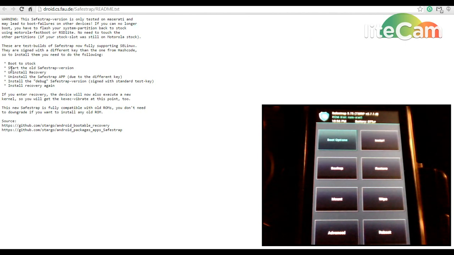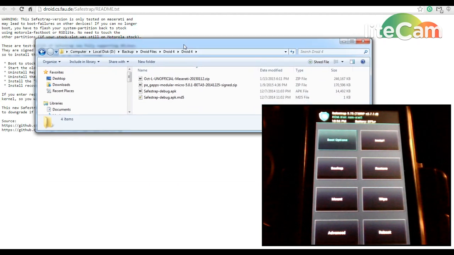And these are the instructions. You're going to want to boot to stock, so we'll do that quick. You're going to need these files. This is the ROM file. These are the Google apps, current Google apps at this time. This is the new Safestrap file that we're going to use, and this is the MD5 to check that the Safestrap is the right size and downloaded correctly. Okay, so if you have those files, go ahead and